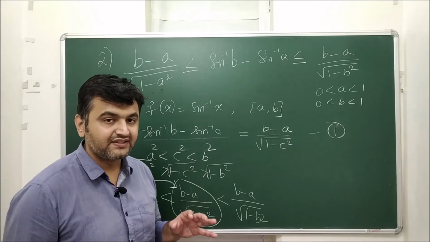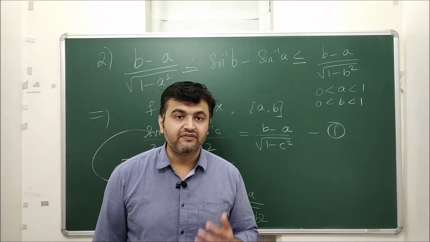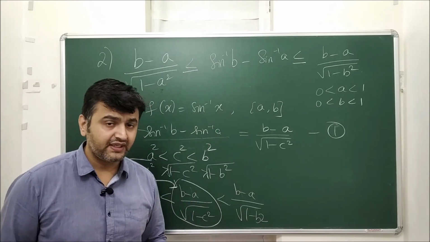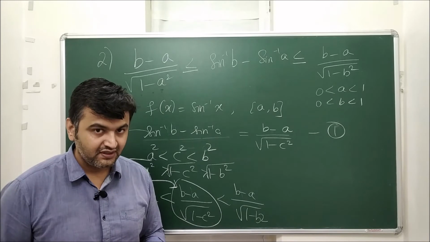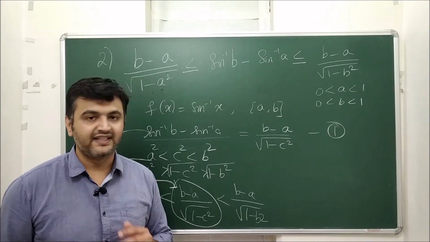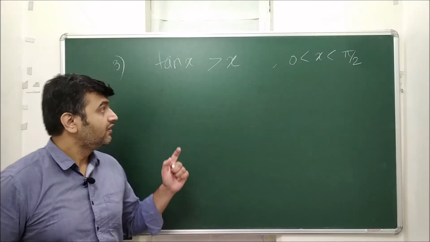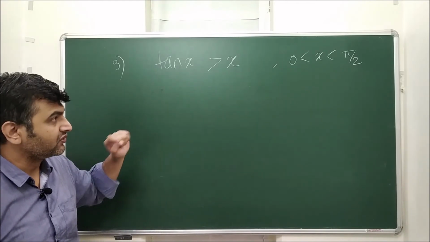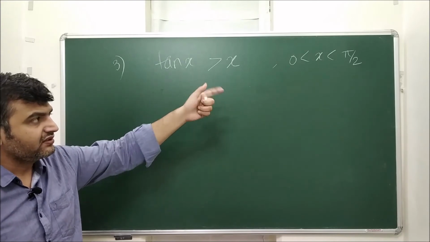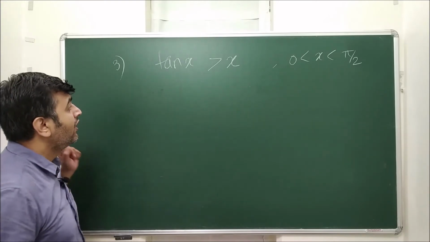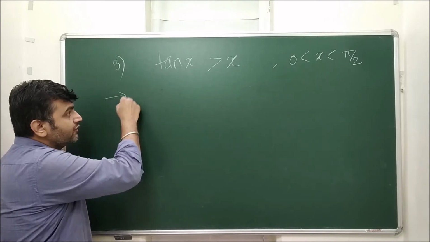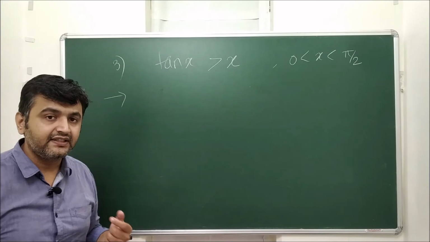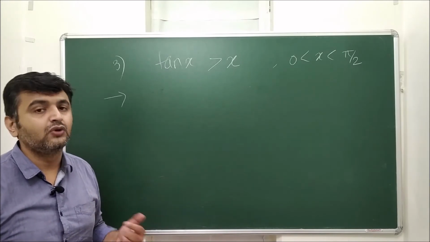So like we saw these two examples, it was easy to define a function by looking at the inequality. Now let's try to take an example where it is not that obvious, but we can define. Okay, so let's see that example. So here is the function. Now I want to prove this is true for all x between 0 and pi by 2, because at pi by 2 it is not defined. So I'm taking positive x less than pi by 2. Now how will I do this? I will prove this in two ways. First, we will try to define a function and go by LMVT. And second, if we are not able to define the function, then how to do it?